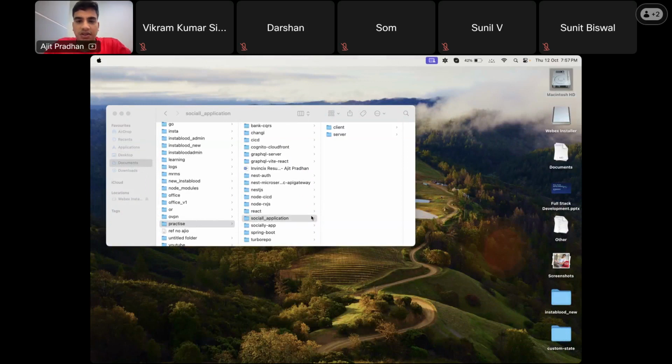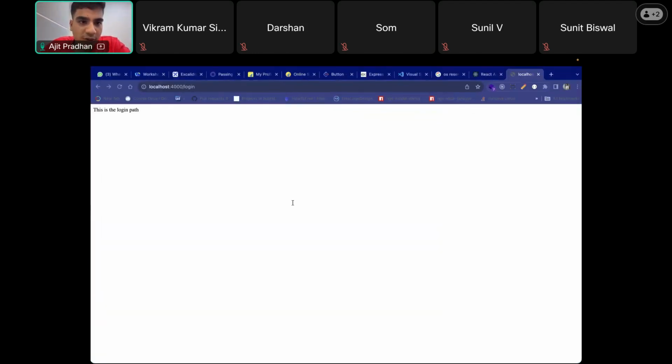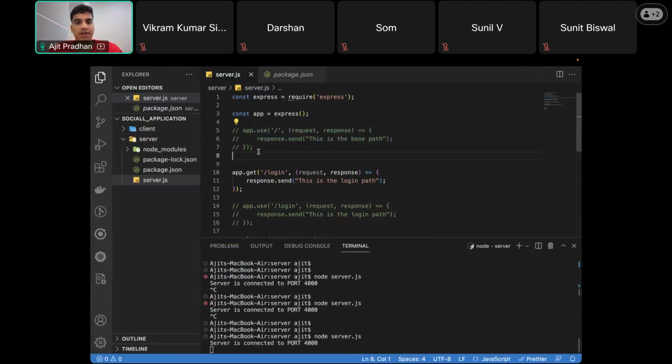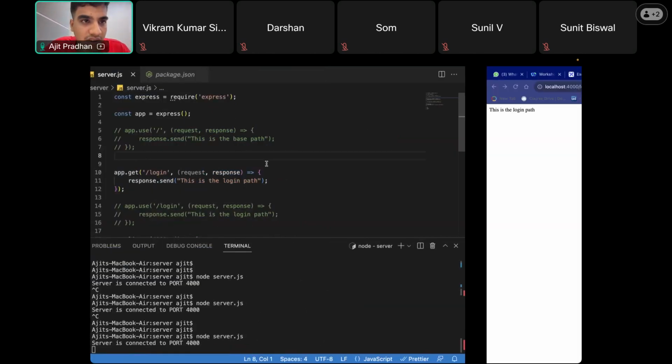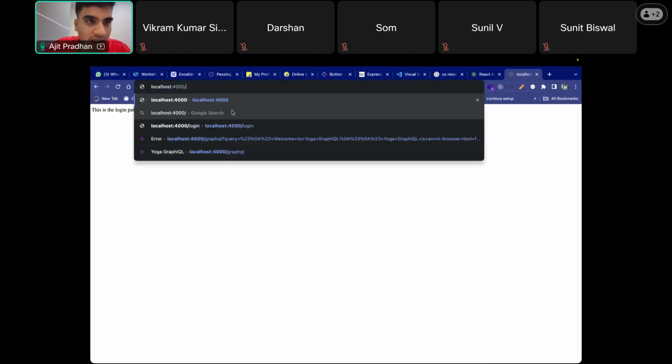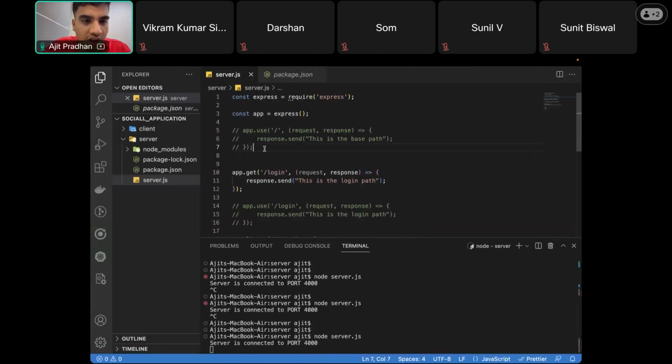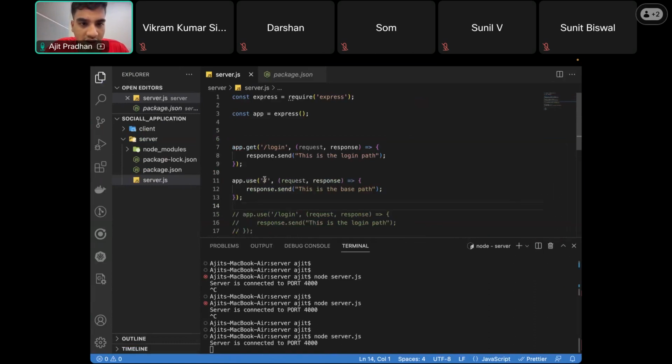Okay. So you can see what I did. I just commented this one. Actually, we don't create the routes by using this. There is another thing available for Express. That's why it was coming. So whenever we give this path, the slash, it will come first here. So if I take this to here,